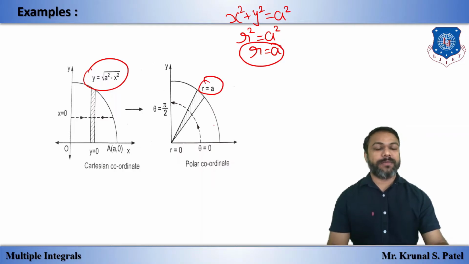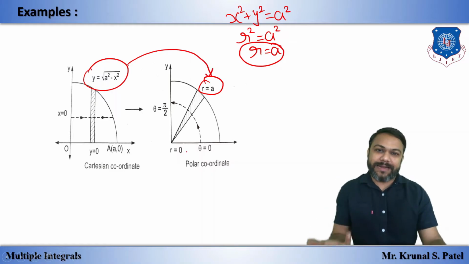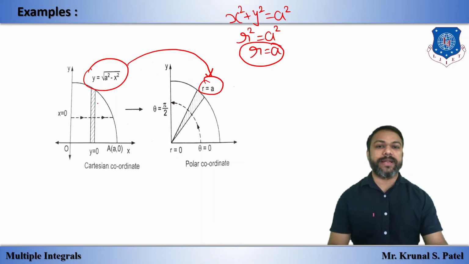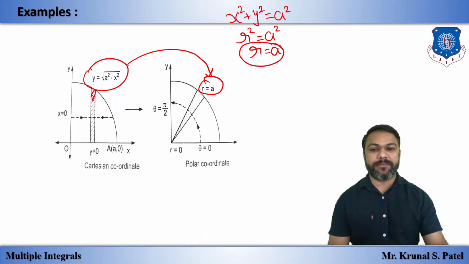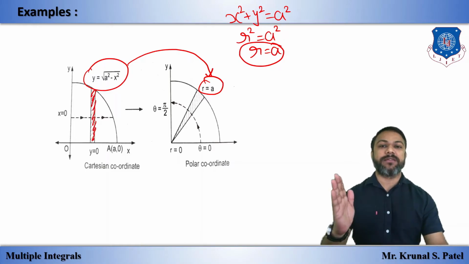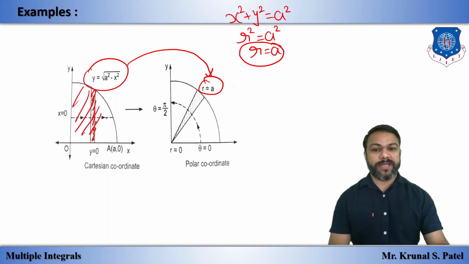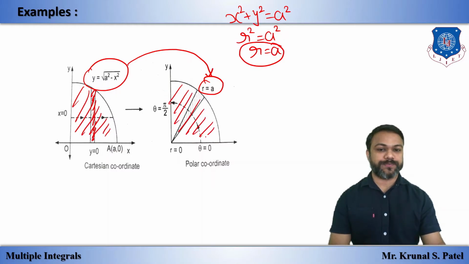So same in polar coordinates, we just have this equation become this equation, but the circle becomes the circle itself. So no change. But in Cartesian coordinates, we have given a vertical strip because the inside limit is of y, which moves between x equal to 0 to x equal to a. So only the first quadrant. So we have to consider the first quadrant in polar form also.